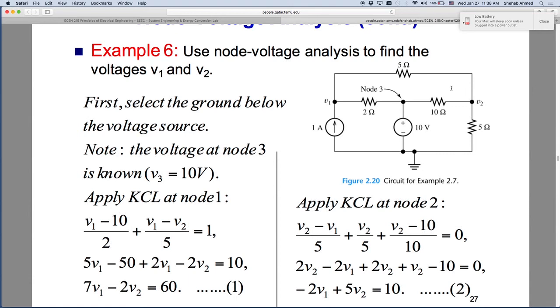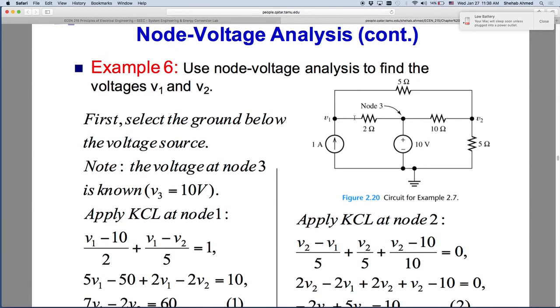So again, when you're performing Kirchhoff current law at the node, you will assume the direction of current coming in or out of the node, right? So they assumed now in this case that all the currents are actually coming into the node. So V2 voltage here minus V1 divided by the 5 ohm resistor plus